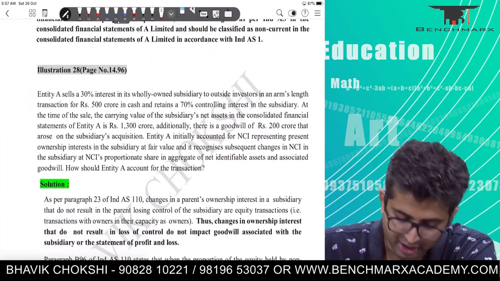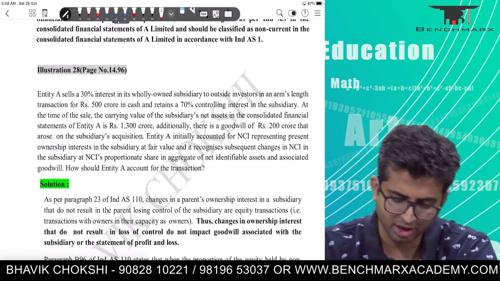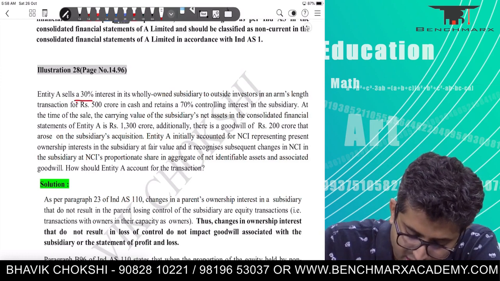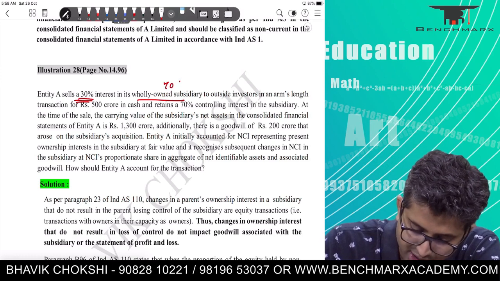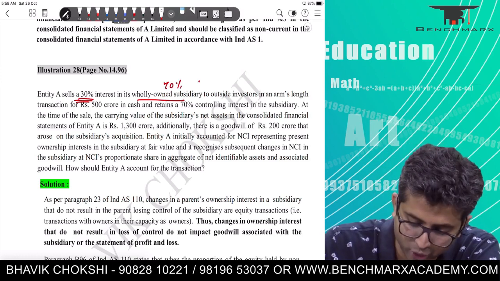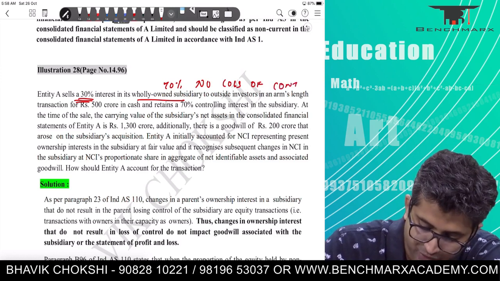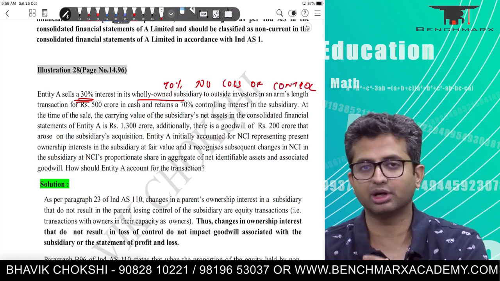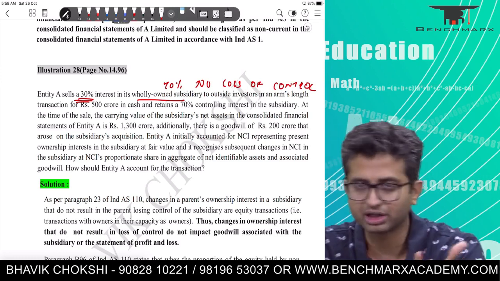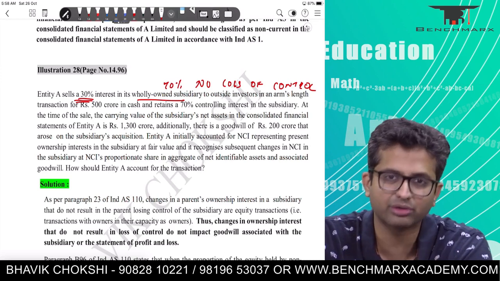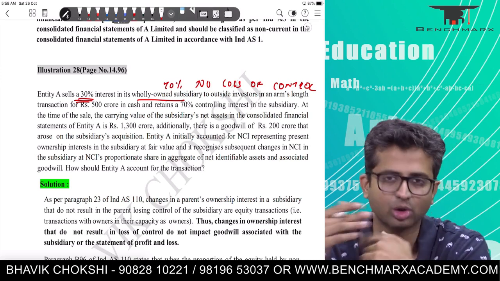Okay, next is the illustration. Now, this is not as important. You must have done various cases in the study material based on this. Entity A is selling a 30% interest in its wholly owned subsidiary, which means after the sale, we have a 70% stake. So there is no loss of control. If there is no loss of control, the transaction is considered to be a creation of NCI and not a sale of assets. And because the NCI is also classified as equity, they are also treated as owners. So it's a transaction between owners, and hence if there is any gain or loss,